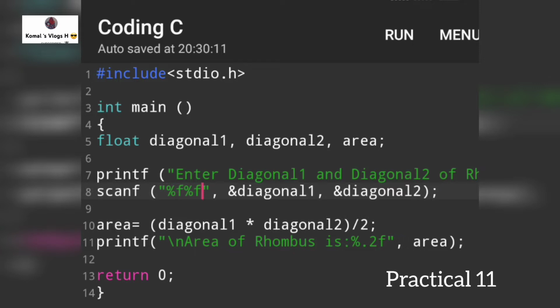Float will be the data type as per the requirement of your book, and diagonal 1 will be one length, diagonal 2 will be the second measurement, and area is the variable which will store the result of the findings. Printf and scanf are used to initialize the variables diagonal 1 and diagonal 2, and area will be calculated by the compiler, or rather the formula of area is given at line number 10,